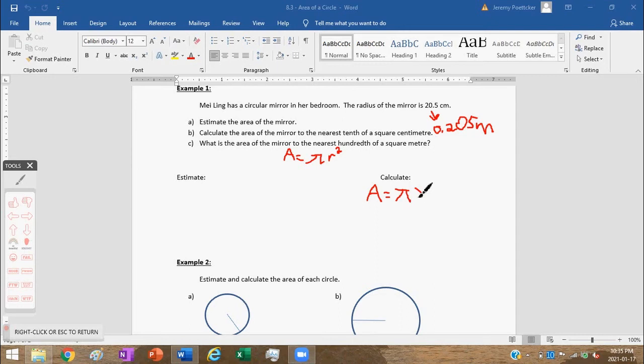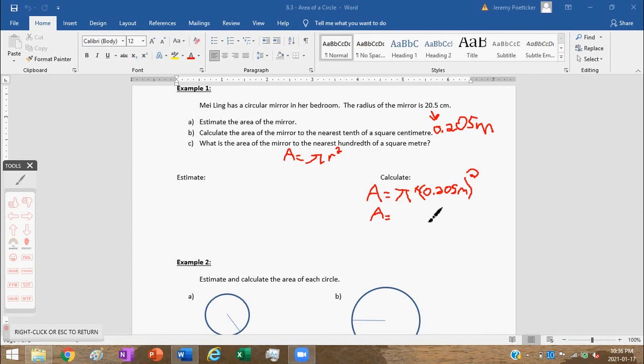So pi times 0.205 meters. And one of the other ways we can write this down is put a bracket around this, because it just includes the units in there, and square that second one. So area is going to equal,